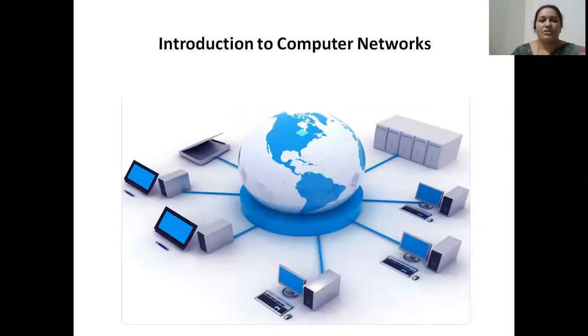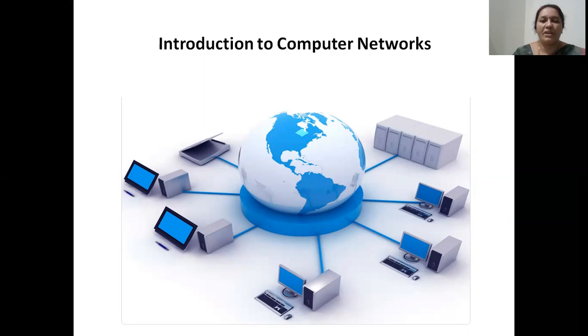Now let's see what is computer networks. In this picture, we can observe there are many different computing devices or computers which are connected to some common entity which is represented by a globe. What this picture signifies is all computing devices throughout the world can be interconnected using some kind of communication channel called the network. You can see tablet PCs, desktop PCs, laptops, and server systems which are connected through some